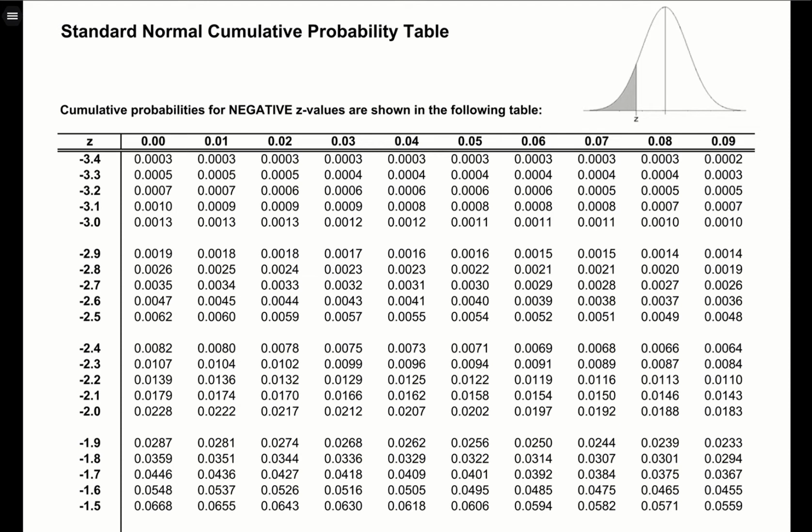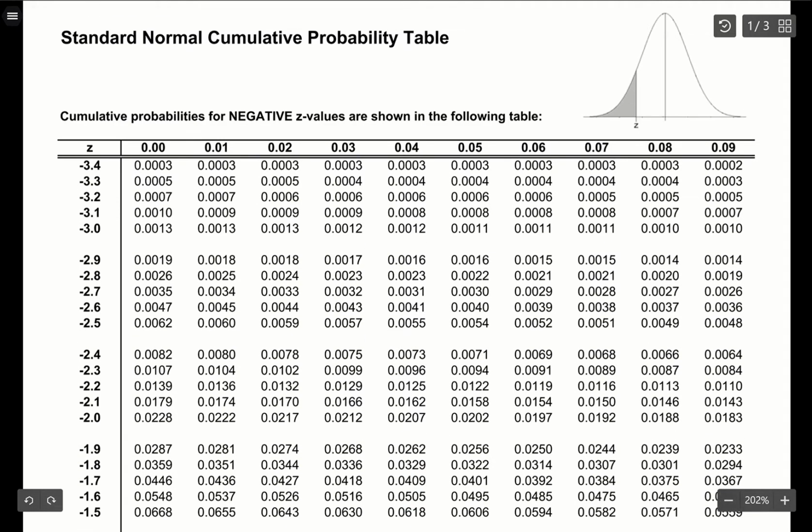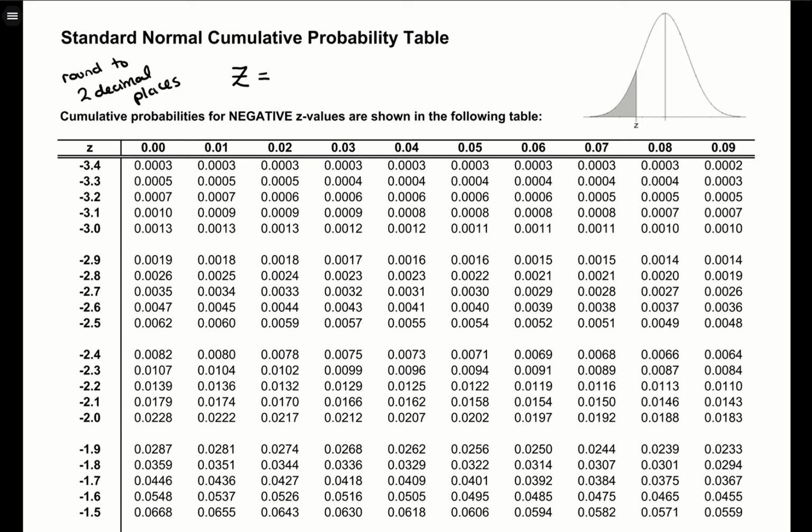So, our table. There's two pages to our table. One uses negative z-scores and one uses positive z-scores. Reading this table, it comes down to having our z-score and having a value to 2 decimal places. So we'll be rounding our z-scores to 2 decimal places, and then we can use that to read the table. So maybe there's a whole number part to our z-score, maybe there isn't, but basically for our z-score, where we'll have number, decimal, number, the first 2 pieces,